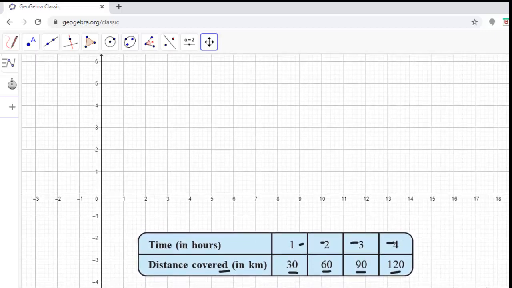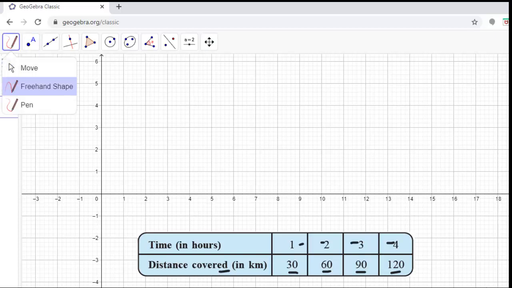Second, you have to choose the scale. On the x-axis we have to plot time 1, 2, 3, 4. There is no problem: 1, 2, 3 and 4.